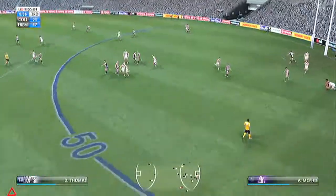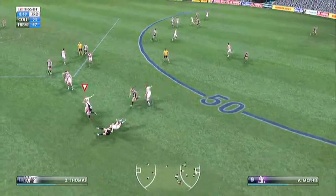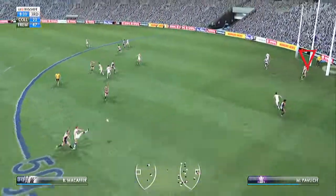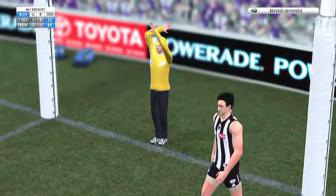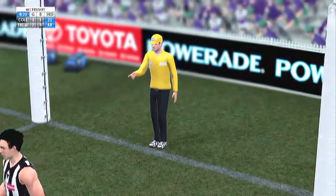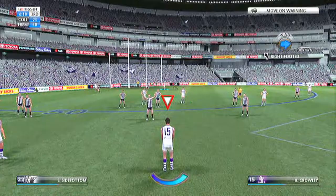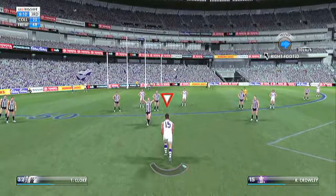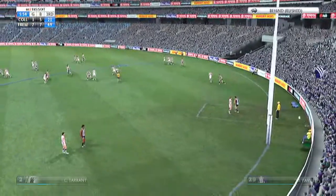As the 3/4 time siren drew closer, we started to have a few more chances as the pressure became too much for Collingwood to handle. We had our chances with David Mundy sending it long from 48, but it gets rushed, or touched I should say, right on the line. Love to see some goal line technology, but nevertheless, we do have our chances right in the last 5 or 6 minutes before the 3/4 time siren to really extend it to a match-winning lead, but we couldn't quite kick that closing goal,